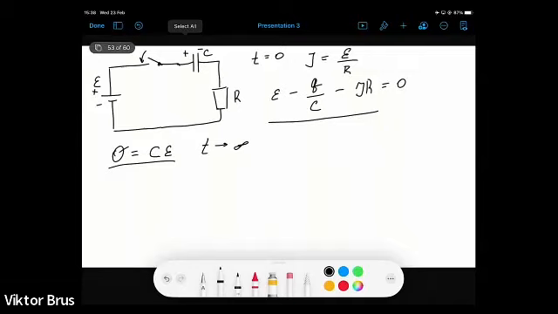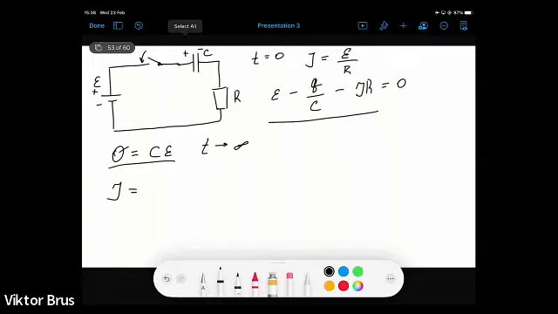So how can we write the expression for electric current? In general, we can write the following. Electric current will be equal to